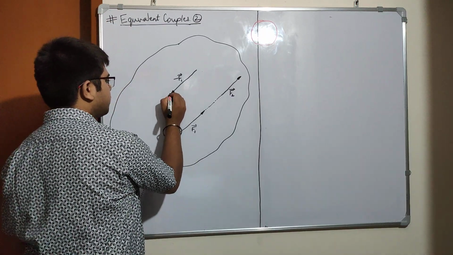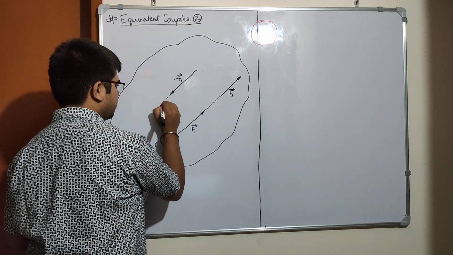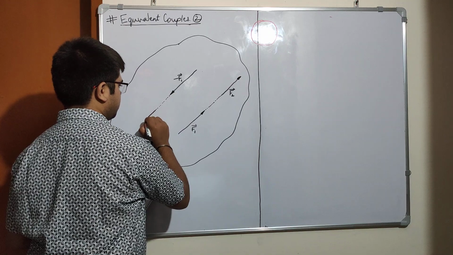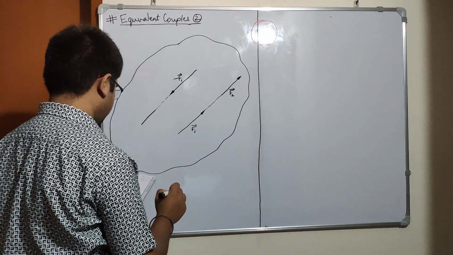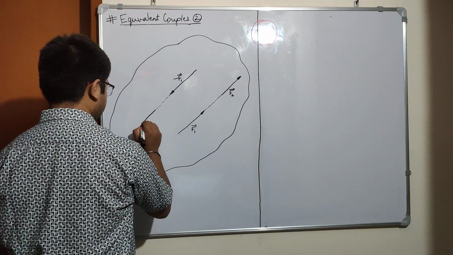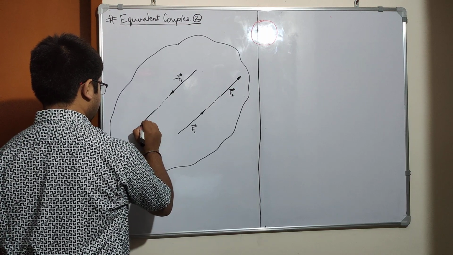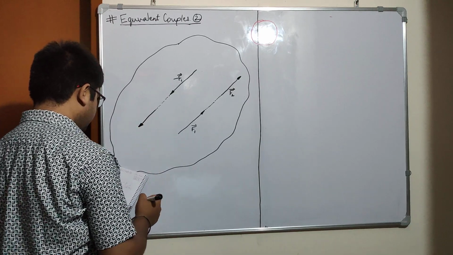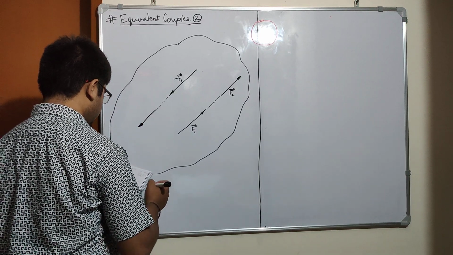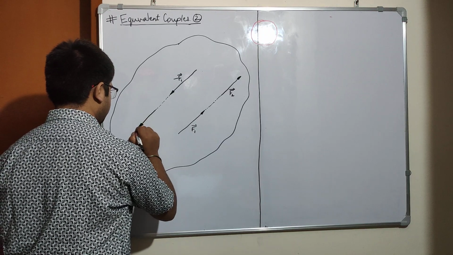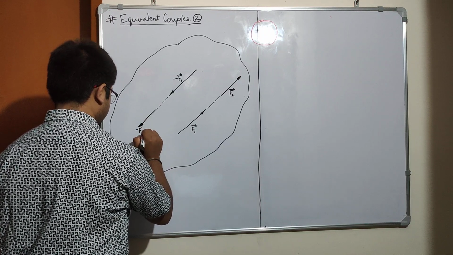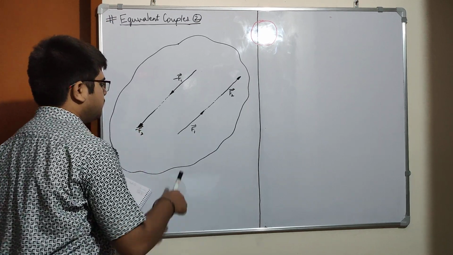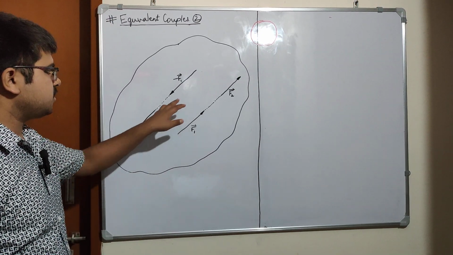And similarly, this will be translated here, and this will be called minus F2 vector. So I have translated the two vectors